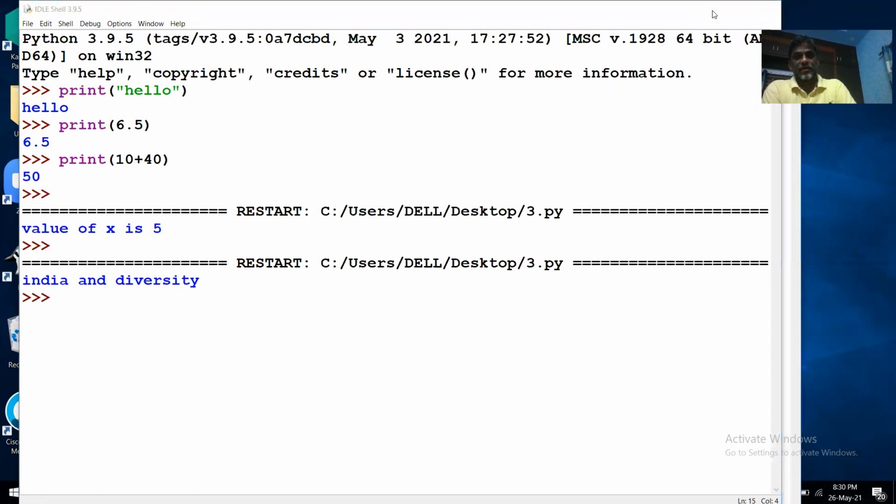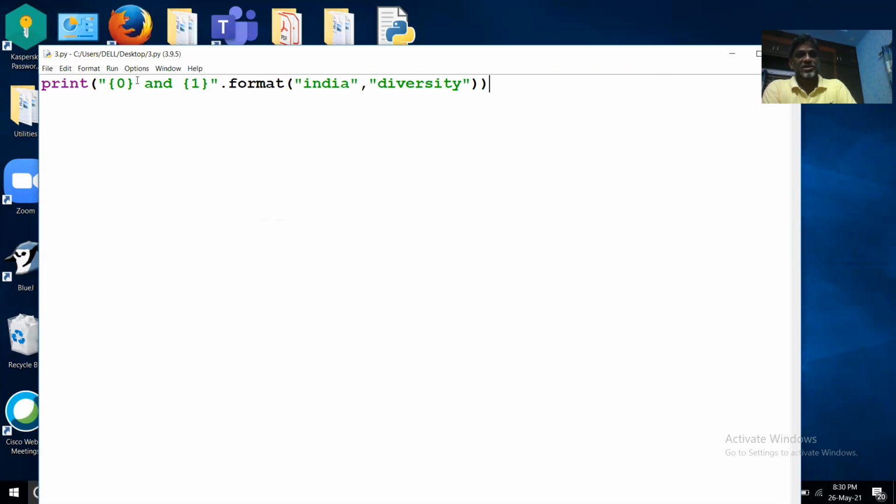Now let us change it. I'll copy the same function, but I will change the indexes. Control C. Let me change the indexes. First I will give 1, and then I will give 0.